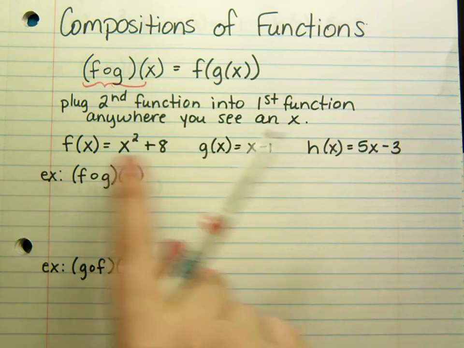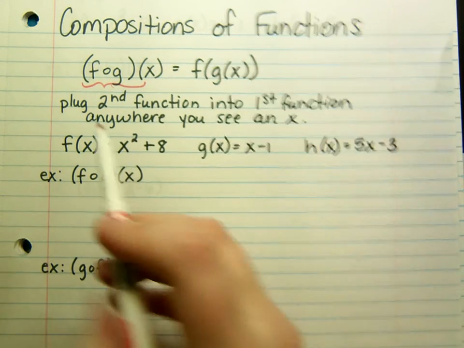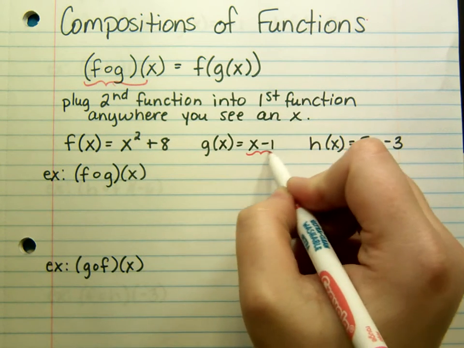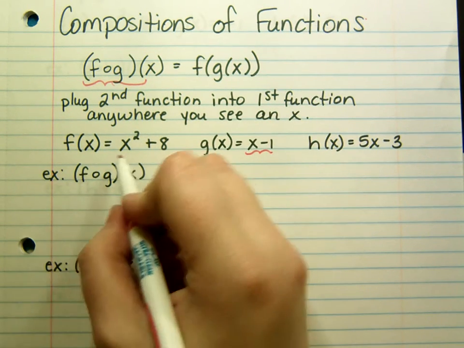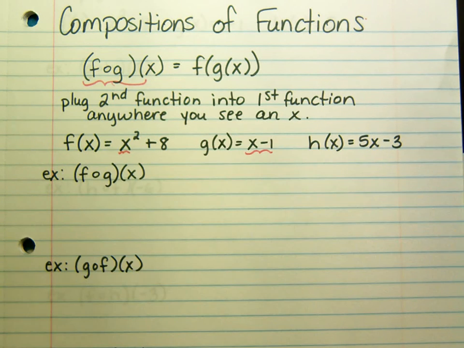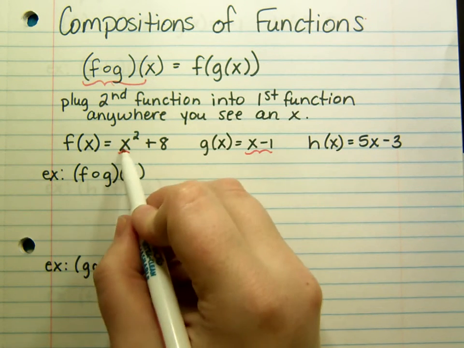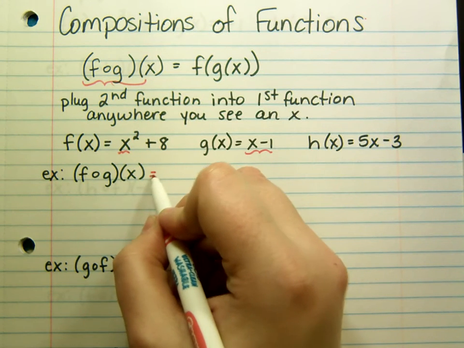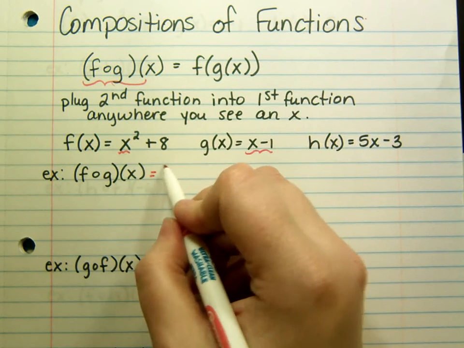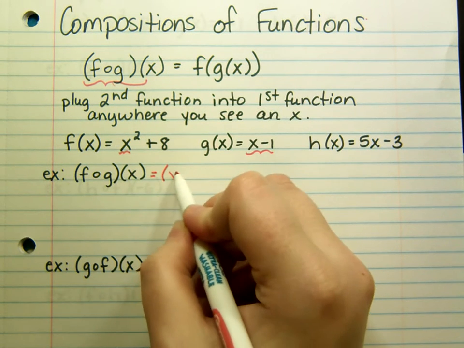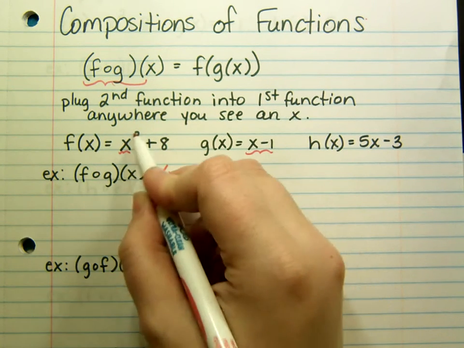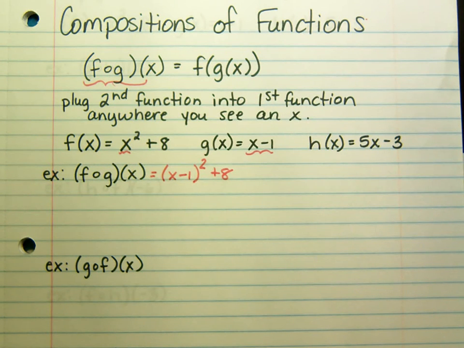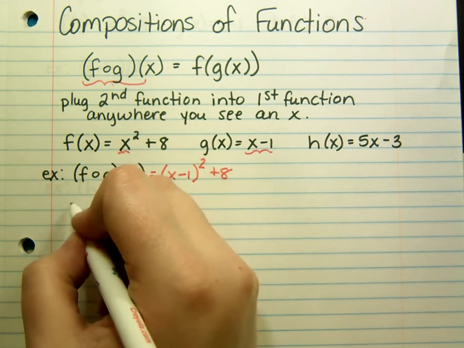We have three functions: f of x, g of x, and h of x. F of g of x means I take g of x, which is x minus 1, and anywhere in f of x that there's an x, I'm going to replace this x with this expression. So that means I'm going to replace this x with x minus 1, so x squared plus 8, and then simplify. So x minus 1